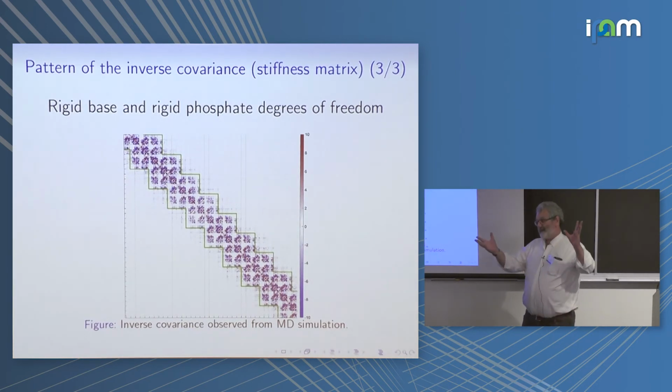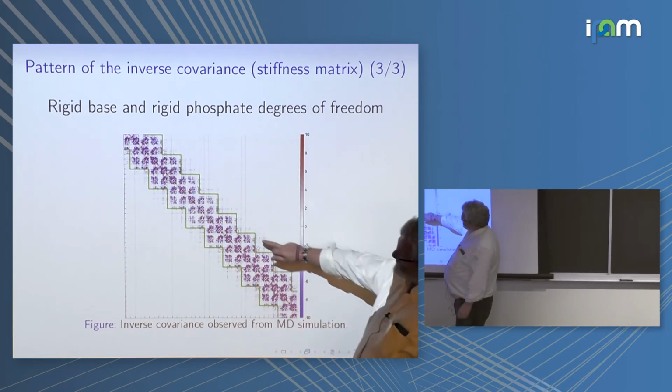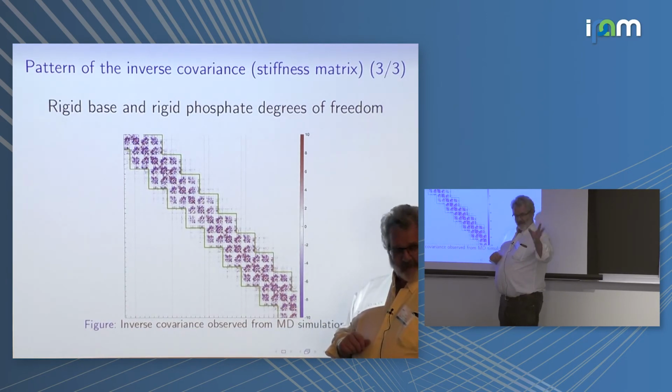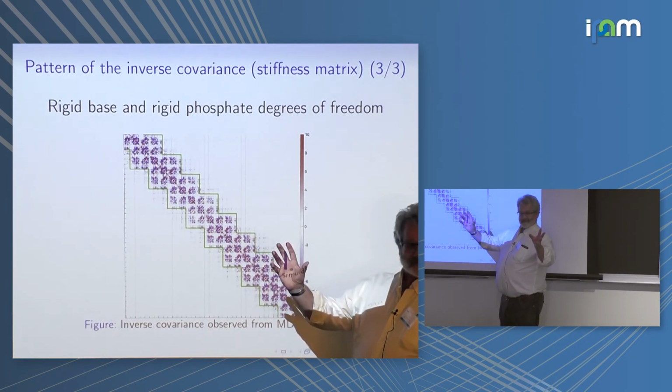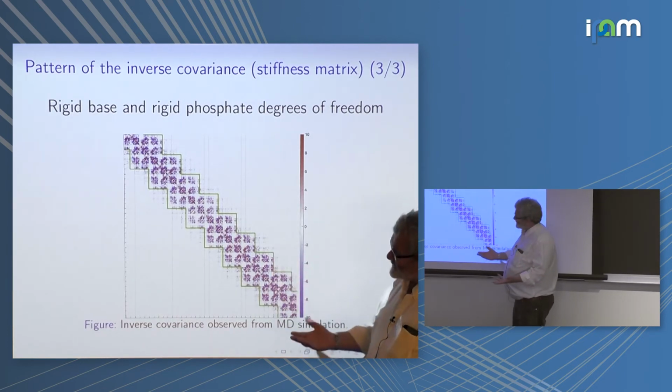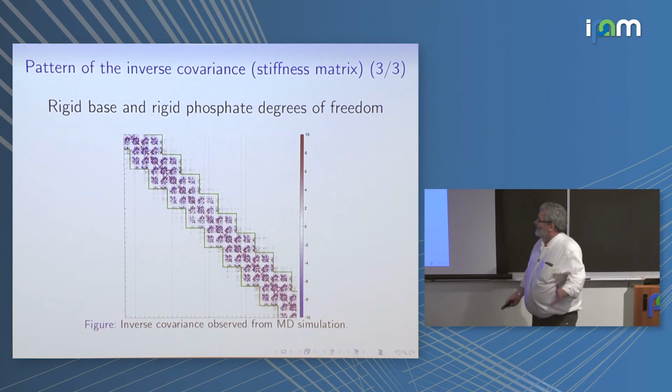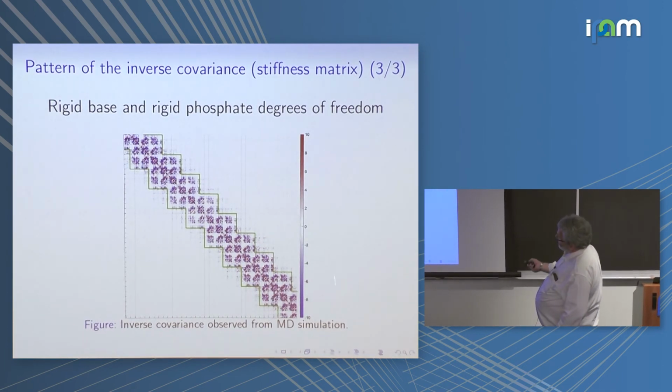So the phosphates on the Crick and Watson strands are very definitely correlated, but they're not coupled. There's no direct energetics, that's what these bands say, between any phosphate on the Watson strand and any phosphate on the Crick strand. And that's not an assumption, the data just screams at you. So this is the cgDNA plus model.